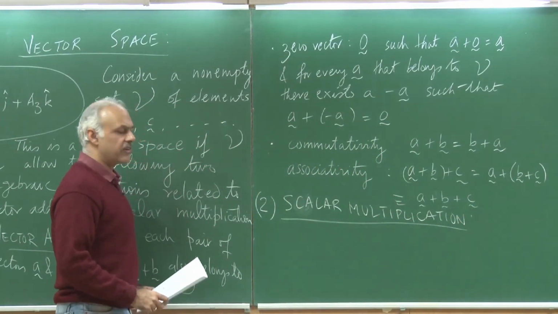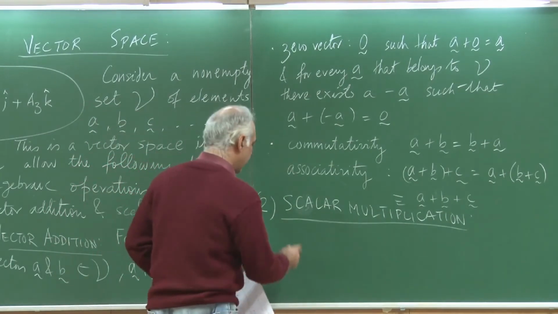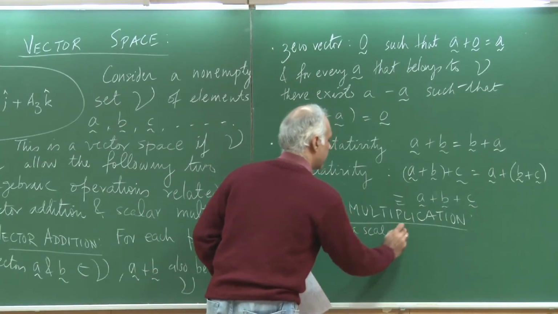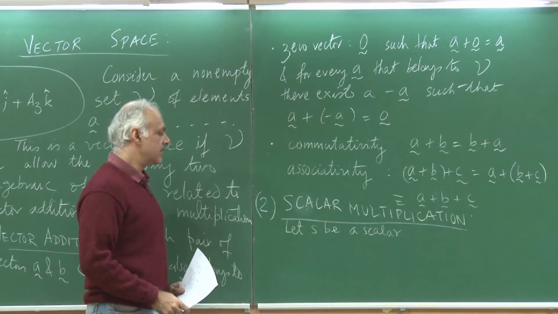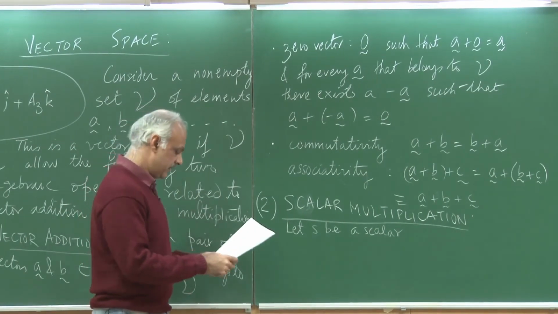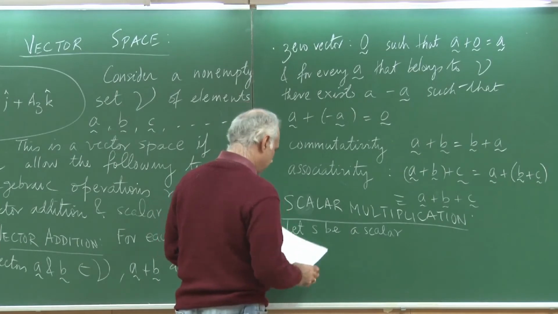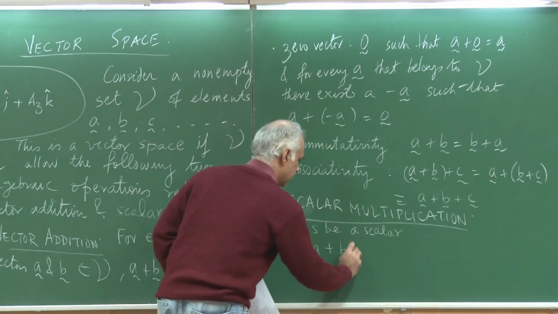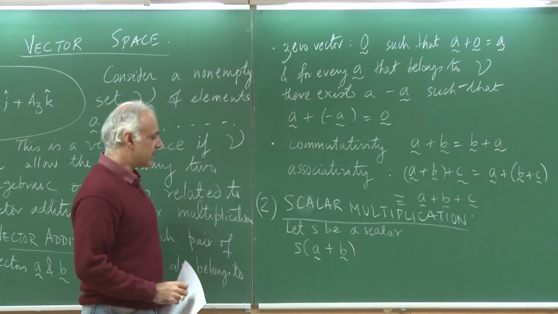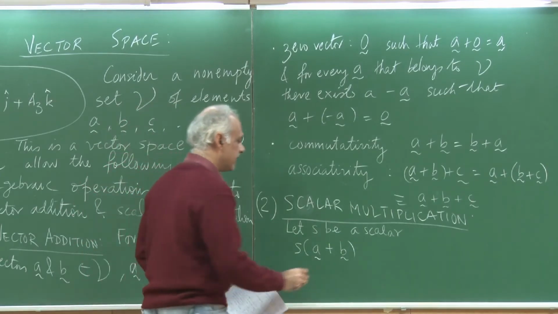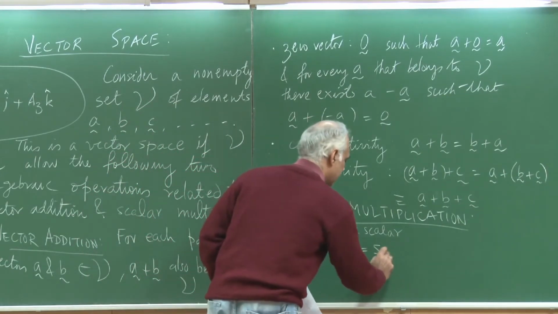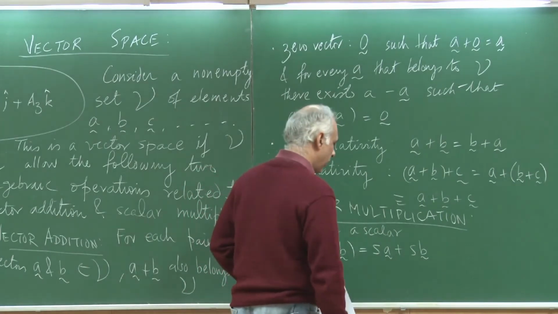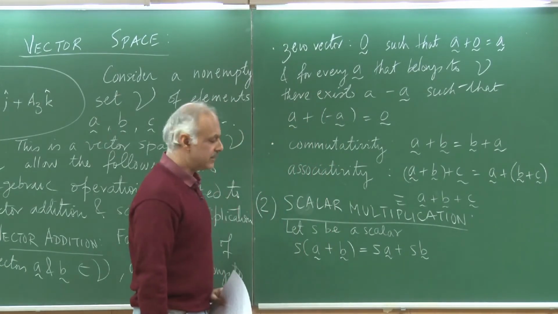To be able to identify it as a vector space, let S be a scalar, and I am going to again choose two vectors from the vector space, maybe A and B. So I must satisfy the following properties. If I take the scalar S and multiply that to the sum of the two vectors A and B, then this should be identically equal to SA plus SB. So this of course is the distributive property, and it should be